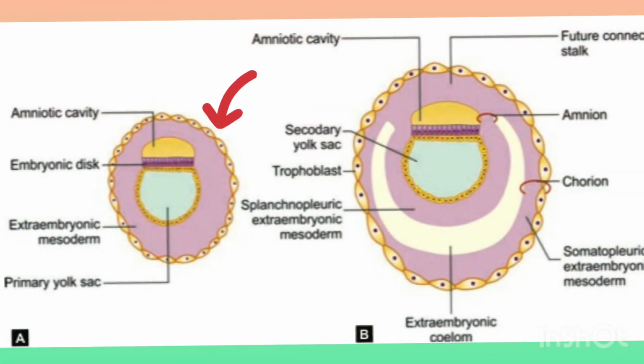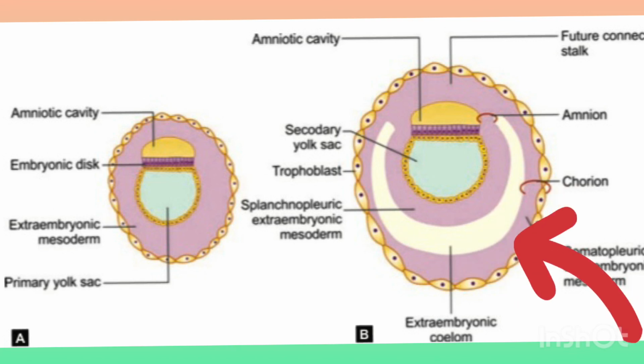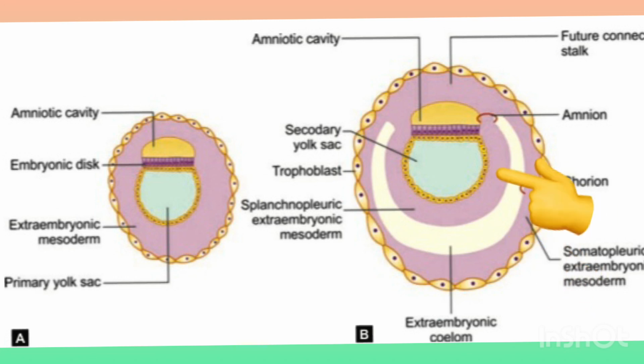The cells of the trophoblast give origin to a mass of cells called as the primary mesoderm or the extra-embryonic mesoderm, and these cells come to lie between the trophoblast and the flattened endodermal cells. Small cavities start appearing in this extraembryonic mesoderm and gradually join together to form larger spaces, and this is now called as the extraembryonic coelom. This gives rise to two different layers in the extraembryonic mesoderm, that is the chorion and the amnion.